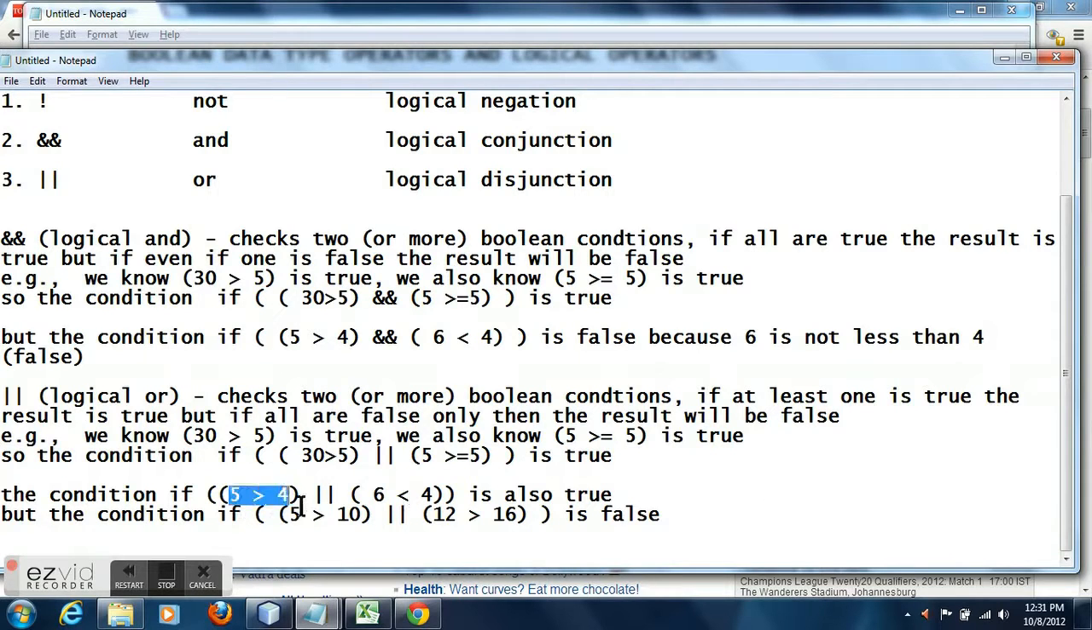But if I say 5 is greater than 10 or 12 is greater than 16, this will become false, because 5 greater than 10 is false, and 12 greater than 16 is also false. Each and every condition of the or is false, hence the result